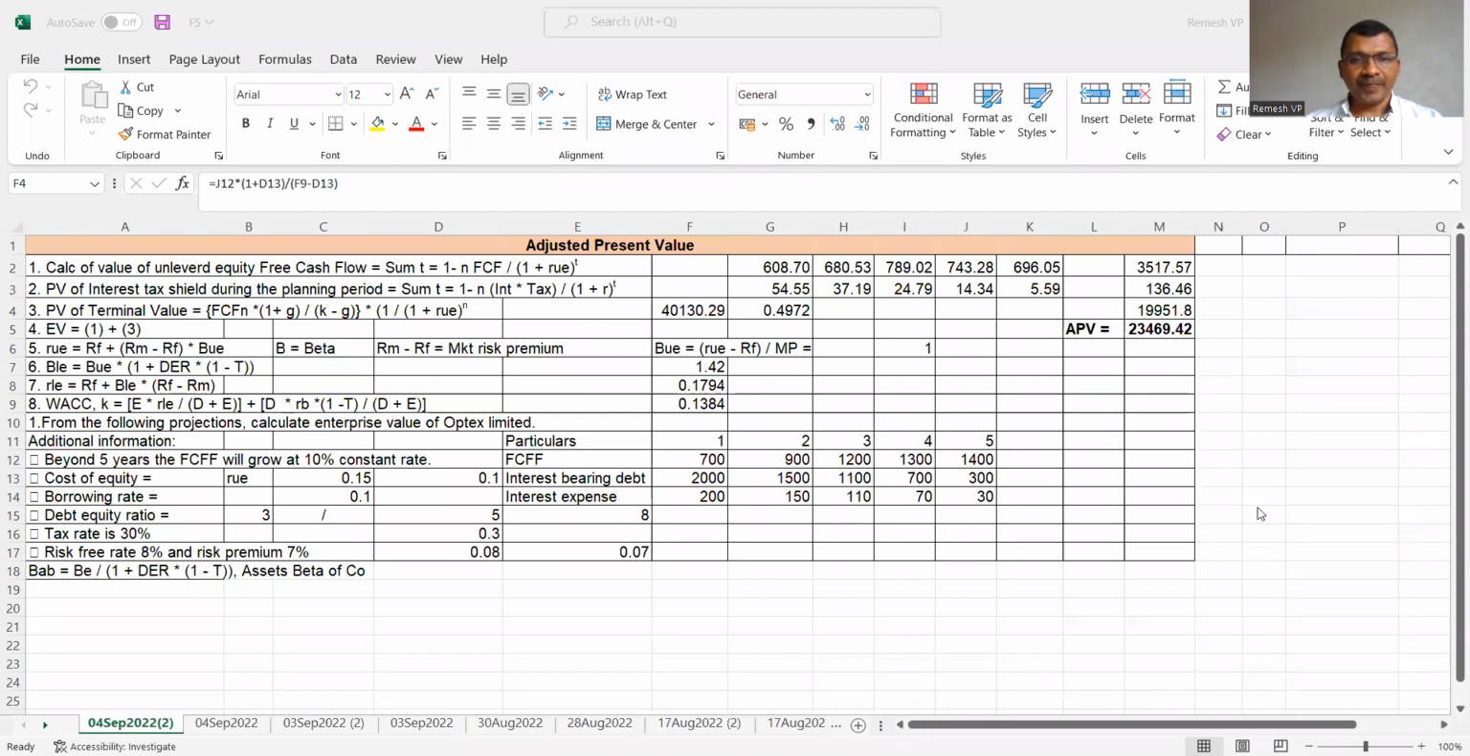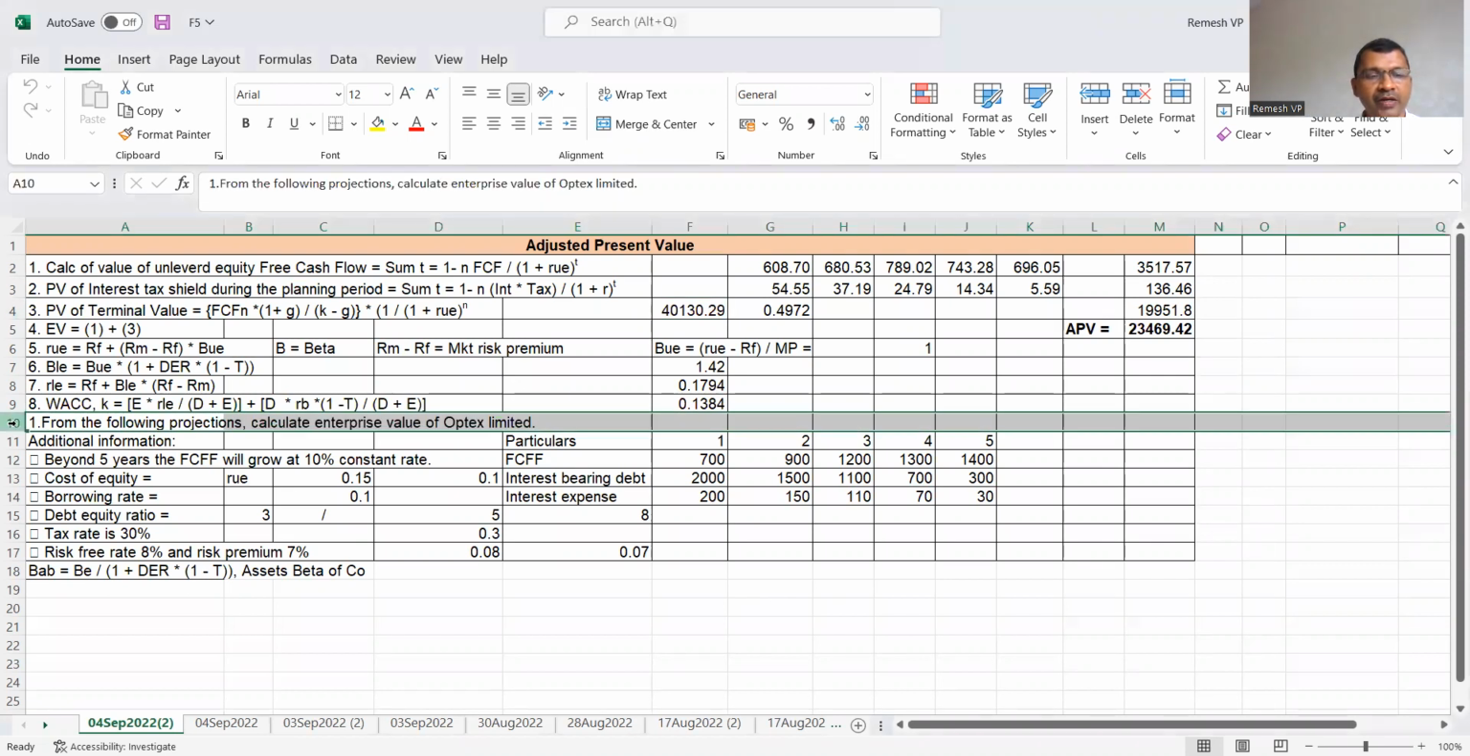In this session, I would cover corporate valuation, one of the methods of corporate valuation in which we are calculating the adjusted present value from the given data. If you look at the question given, starting from here, it says, from the following projections, calculate enterprise value of Optex Limited. The information given are